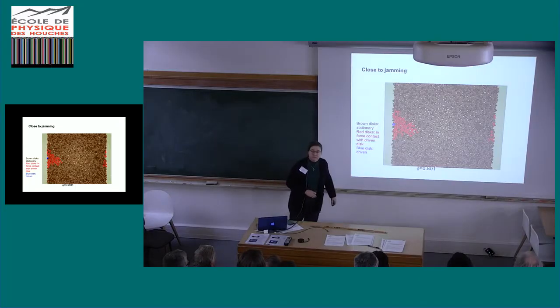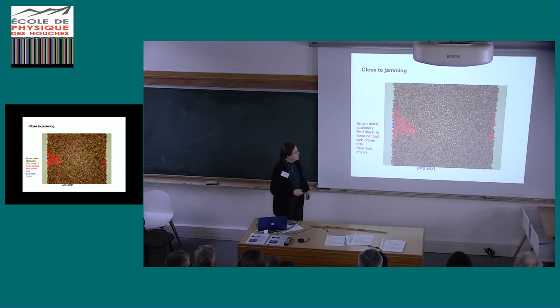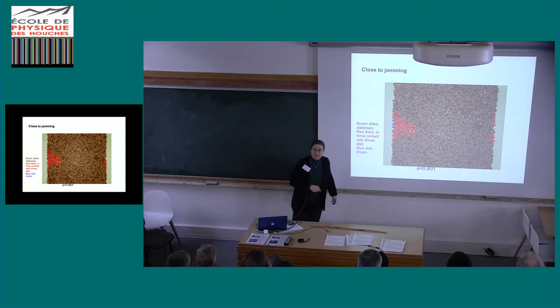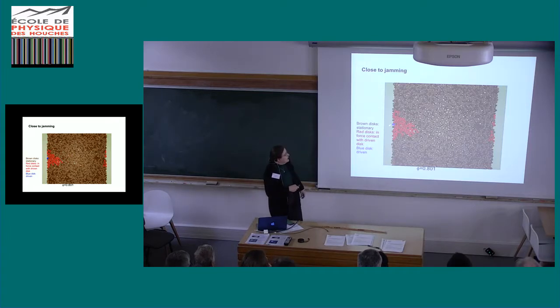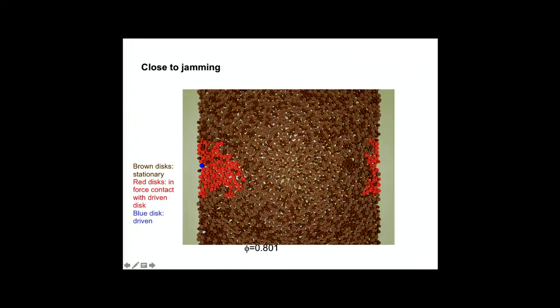So these are just some movies of this older work. Here there are periodic boundary conditions. This side of the system is attached to this side of the system. What we're doing is grabbing this blue disk and trying to push it through this background of black disks at some density. Since it's well defined in the simulation, we'll color red any disk that is in a force contact with a disk that's in a force contact with the driven disk. We want to see how many other disks we push out of the way as we move this through. If I can play this movie, there we go.